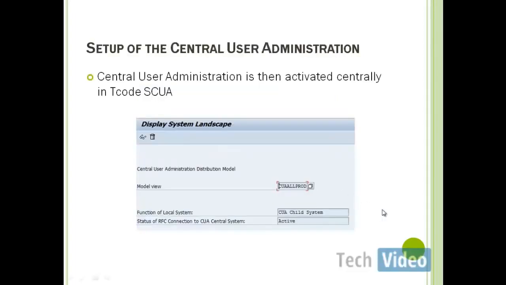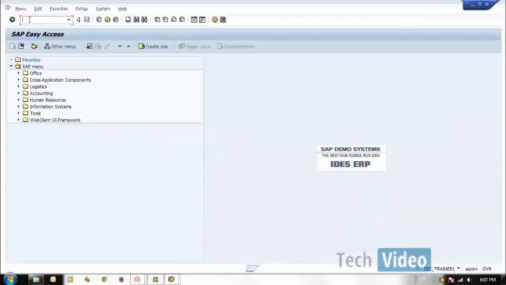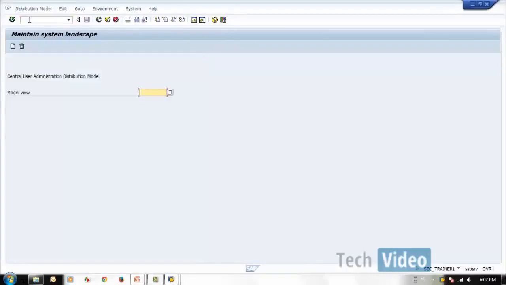Let's see in our system how to use this transaction code SCUA. If you go to the system and type in the transaction code SCUA. Okay, right now we do not have any CUA setup in our system. Here you can create a model view. Right now we do not have a model view, so you create a model view, for example, security training 01.